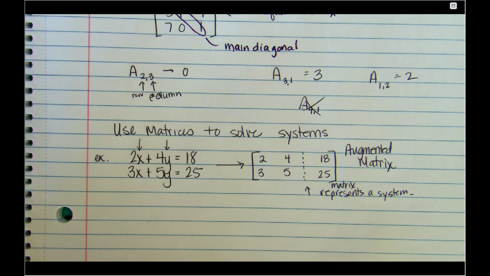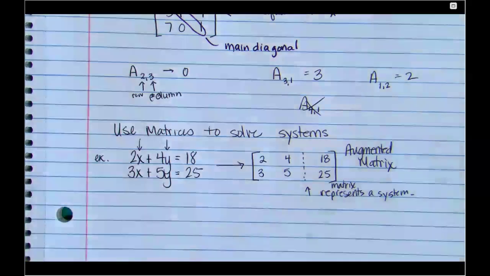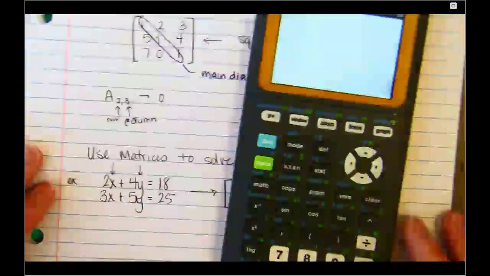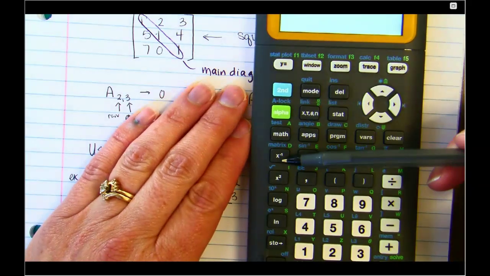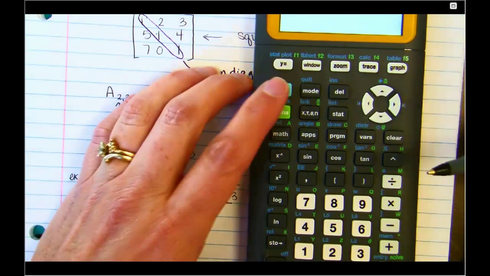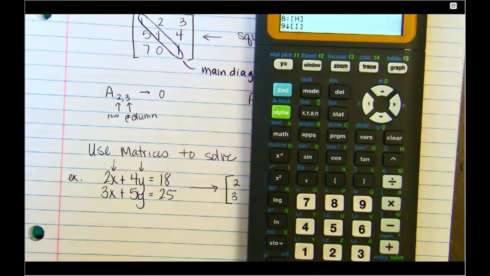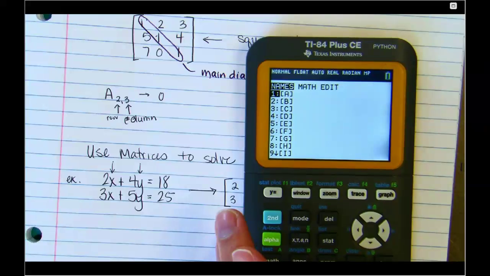Okay, so the way that we solve this in our calculator, let me get my other calculator. There is a matrix button on your calculator. You see it? It's on the left side. Okay, so it's second and x negative 1. That's x to the negative 1 power. So do that. And you can see that it brings up